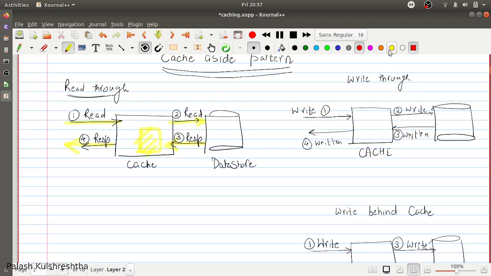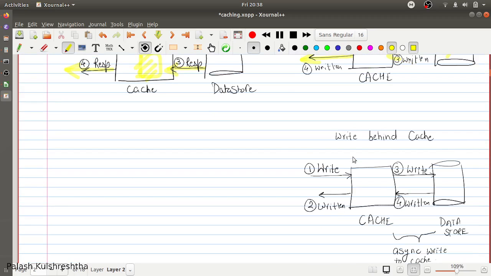Now let's get back to the write through cache. It is a writing methodology. So for example, if you want to write something in your database, in write through cache, what we do is we send our write request to the caching store, then caching store writes that data to the database, then database returns that response, and then the response is returned to you. So this is called write through cache, because you're writing through cache to your database. So that is write through cache.